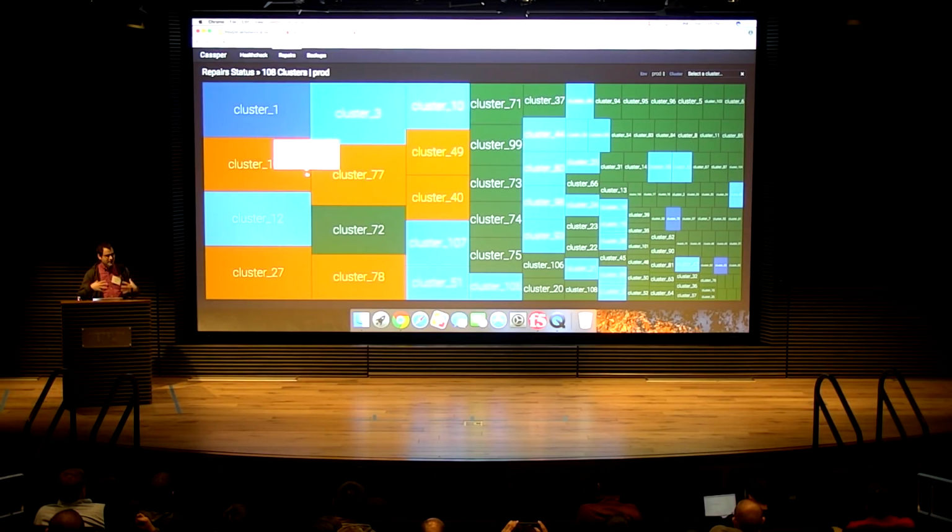This way we, as an operations team and a development team, can work together to make sure that the clusters that take a long time to repair have a sufficiently long GC grace. That's also something that, as we integrate into Cassandra, we hope we can automatically change GC grace based on repair status. So that way we don't have data resurrection automatically.